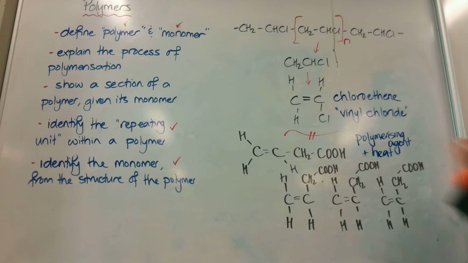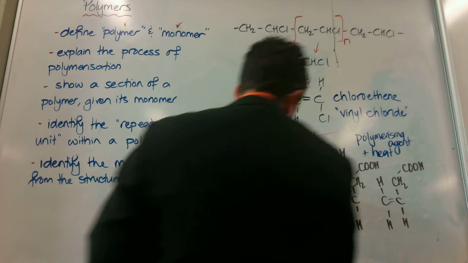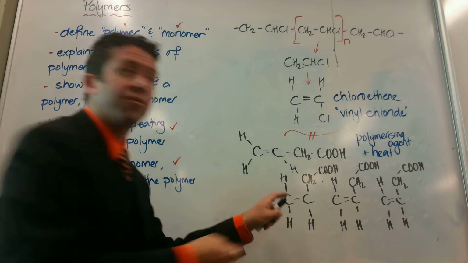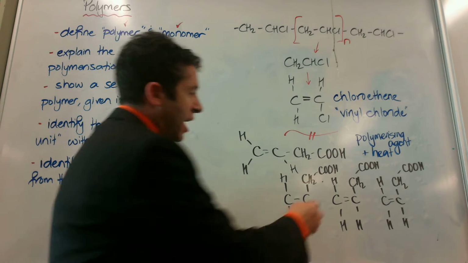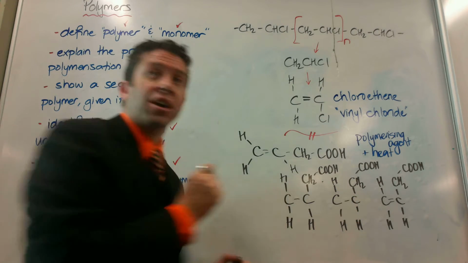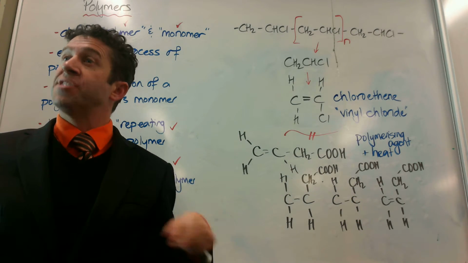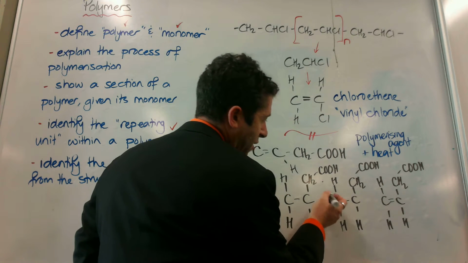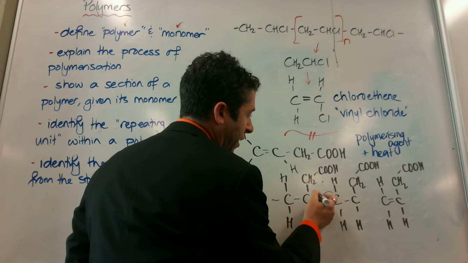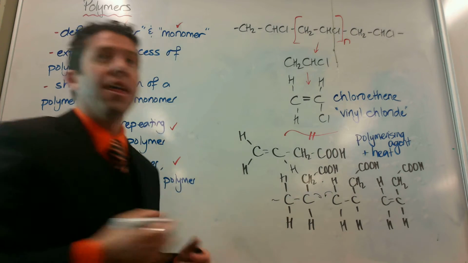What those two things do is they allow for the double bond to break. And one electron from that goes onto that carbon and one goes onto that carbon. That causes the breaking of a neighbouring one and the same thing happens. And so you start getting a chain reaction. And so if there's an electron going in from that one, an electron going in from that one, 2 electrons